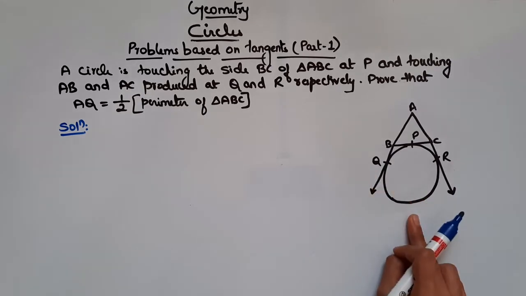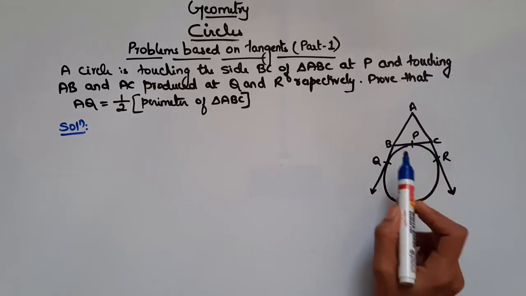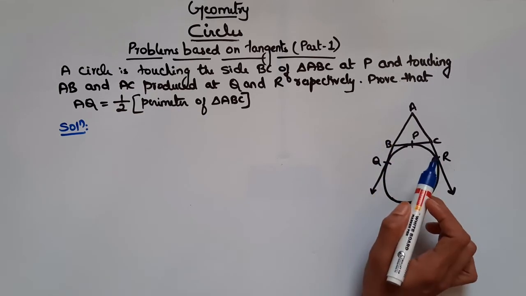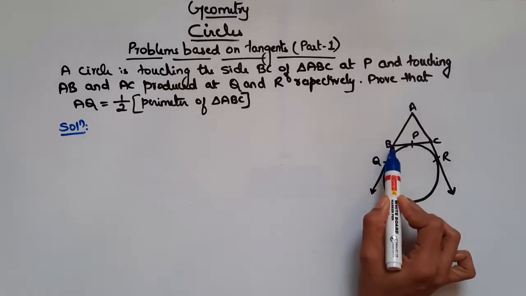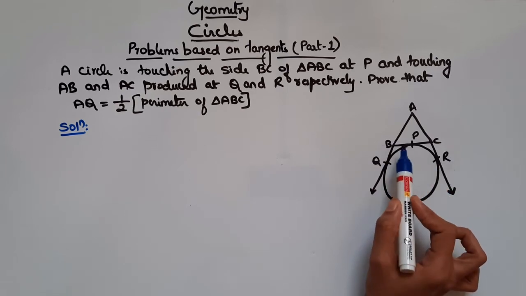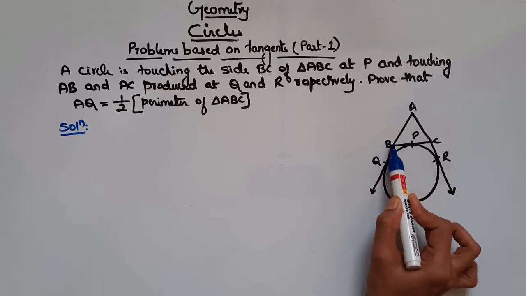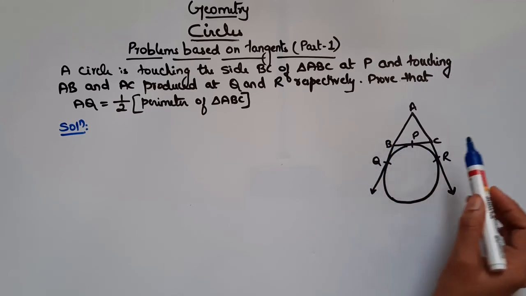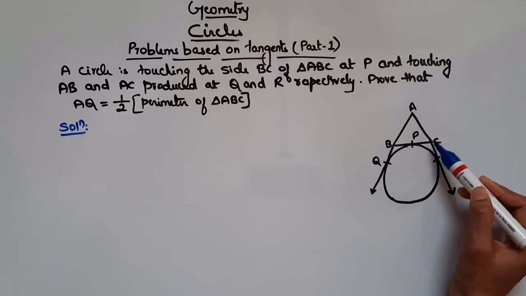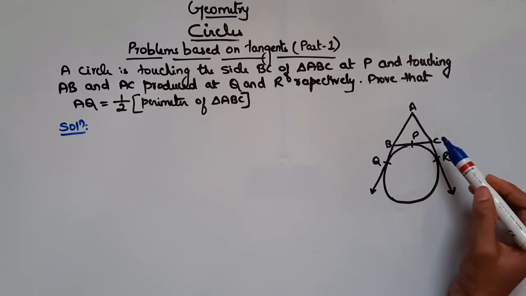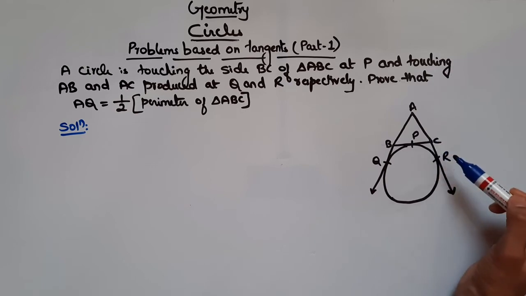So here the diagram is clear. So now if you see in the diagram, point B is an external point to the circle, right? So by theorem we know tangents drawn from an external point to the circle are equal, right? This we have seen in the theorem. According to theorem, we can say BP is equal to BQ. Here BP and BQ are the tangents from point B. Similarly, point C is also an external point to the circle. CP and CR are the tangents to the circle from point C. So therefore we can say CP is equal to CR.